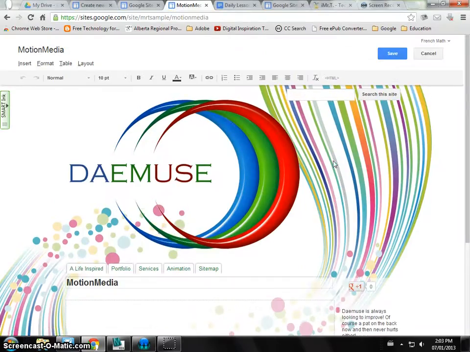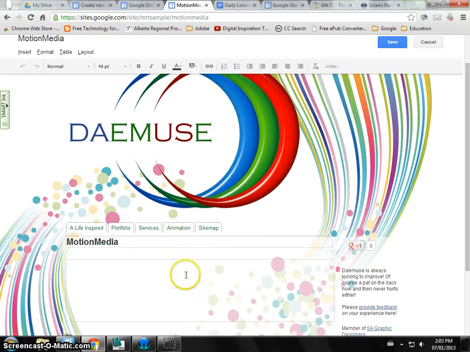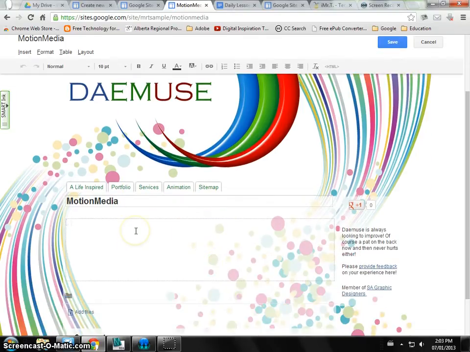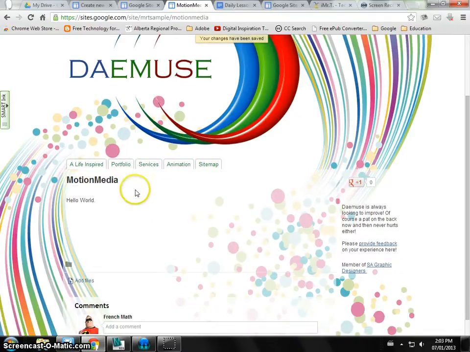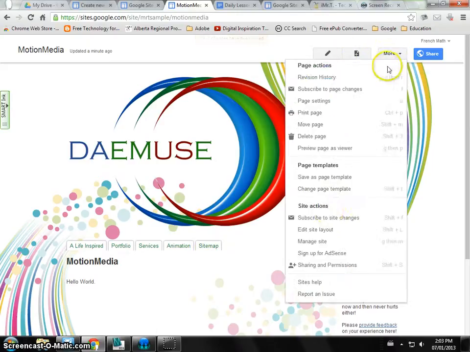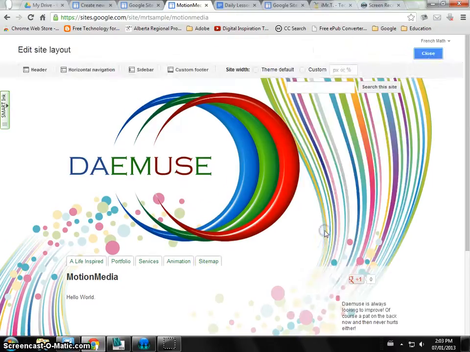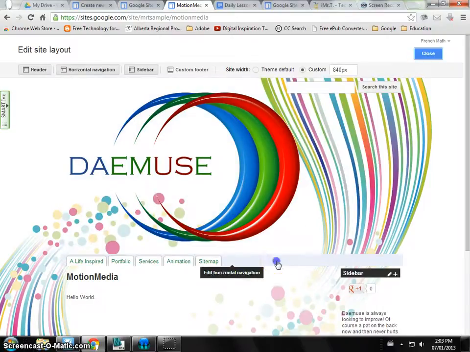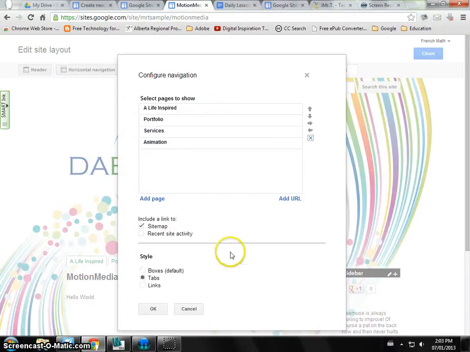And then you don't see it as a tab right now, because you don't have that created. So let's say I'm going to just say hello world, the famous coding starter. Okay, so you have that. You press on save. Now that I've got this, very simple. If I want the motion media to be a tab, very simple, as I just showed you: go to more, site layout, and then click onto the edit horizontal tab,